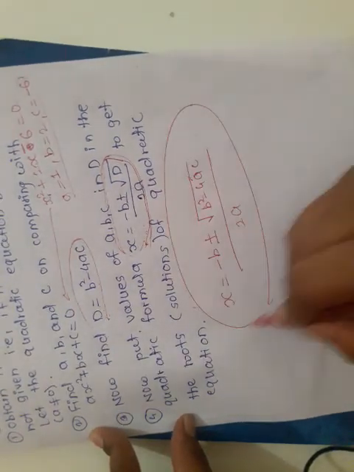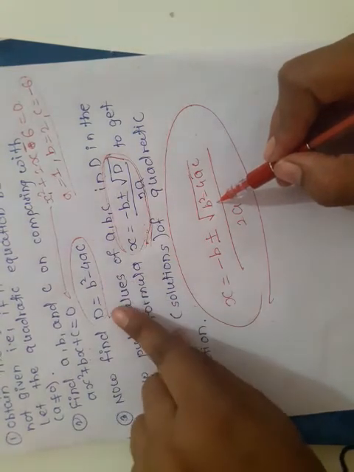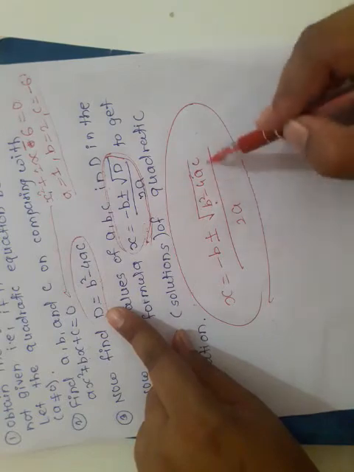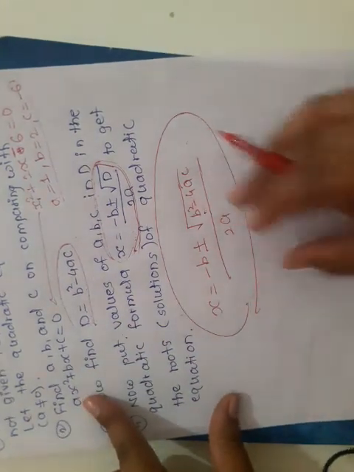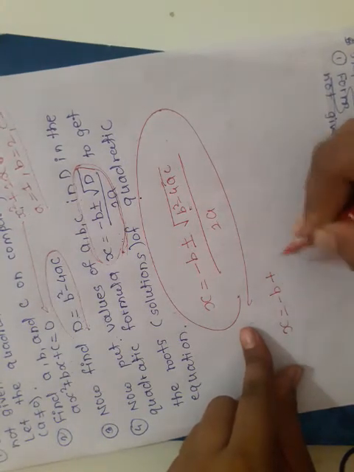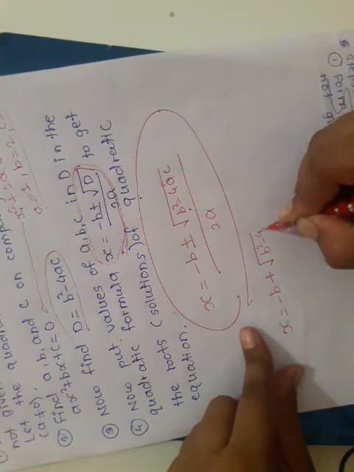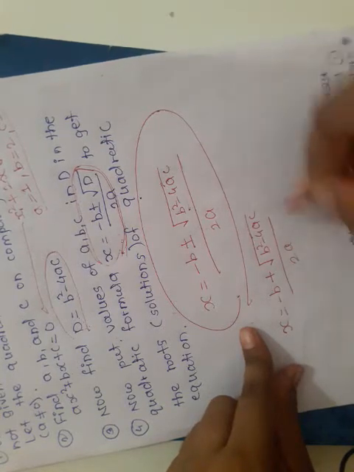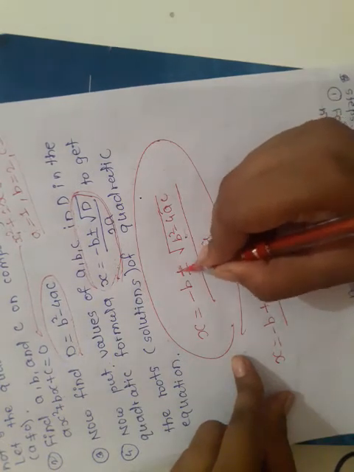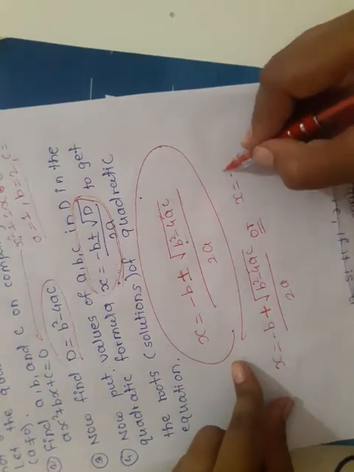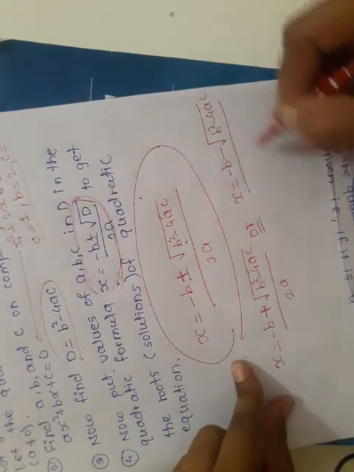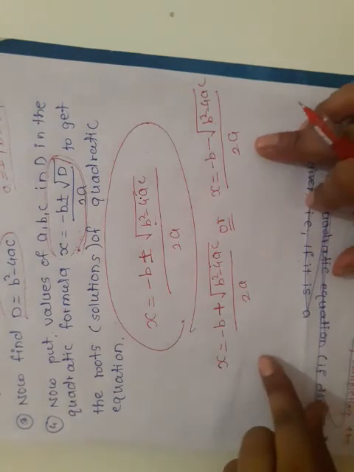This is our formula. But here b square minus 4ac is what? Our capital D. So you can find this D, or you can substitute the direct values here. Again we get two values. How? x is equal to minus b plus under root of b square minus 4ac upon 2a. This is our first value, and the second value is x is equal to minus b minus under root of b square minus 4ac upon 2a, because the plus minus sign is there. In this way we get two values of x.